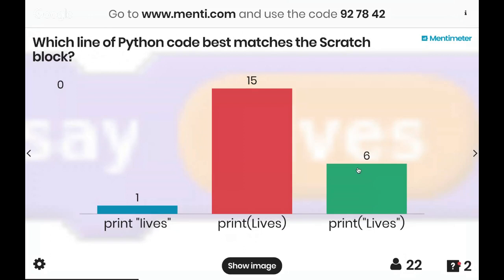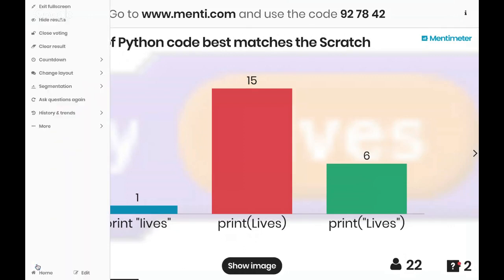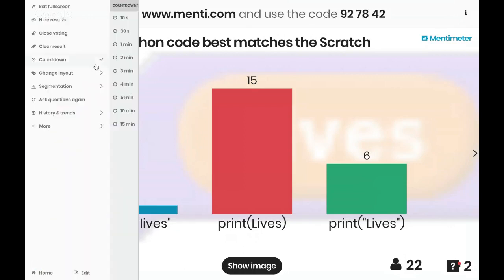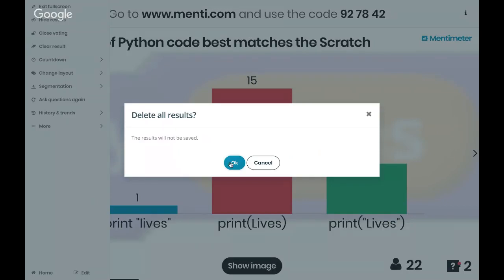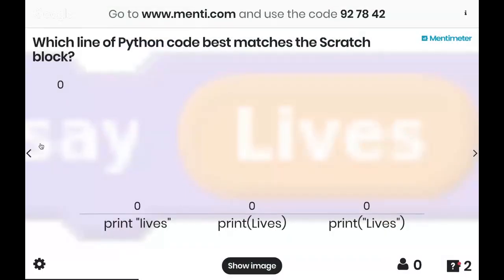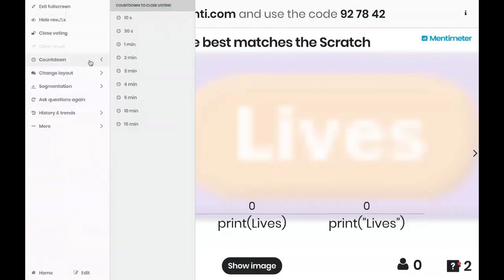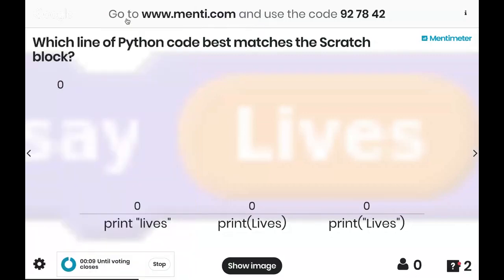What I'm going to do now is see if, having seen what other people think, that affects your opinion of this question. So I'm going to re-ask that question, and I'm going to give you no indication of what's correct or what's not. I'm going to clear the result for this question and ask you to answer it again, and see if having seen other people's results has changed your opinion. I'm going to give you just 10 seconds to do that. So get your votes in quickly.